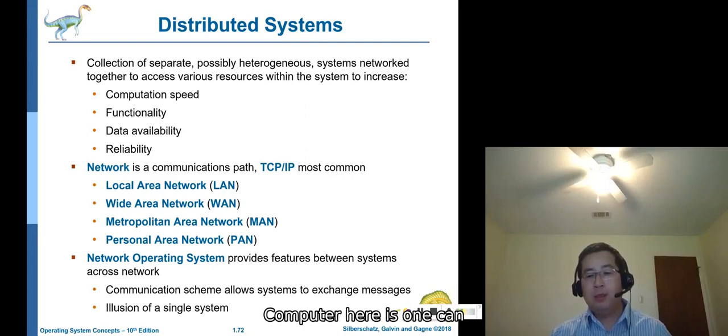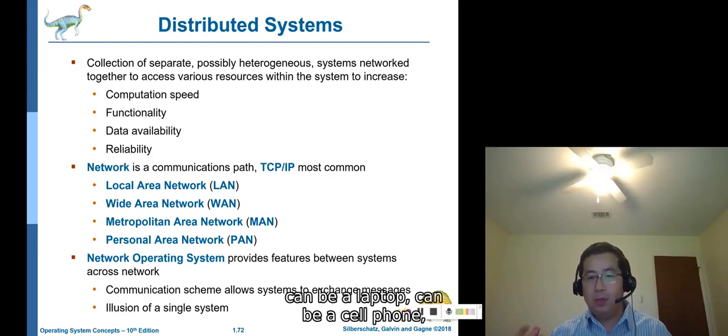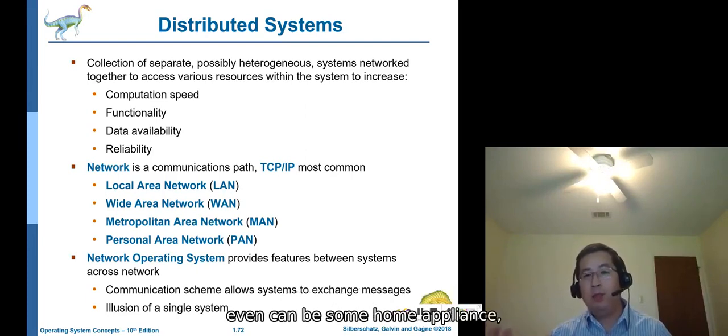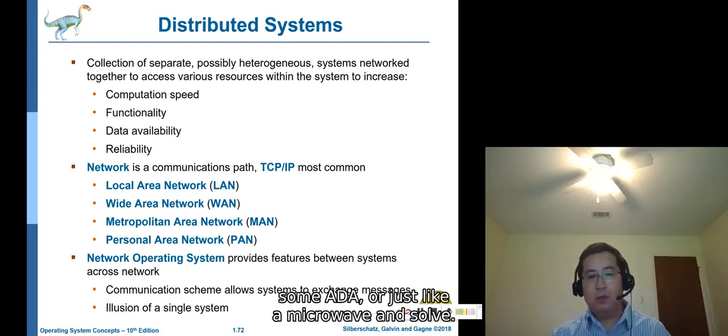Computers here are like computer nodes. It can be a desktop, a laptop, a cell phone, or even some home appliance, like a refrigerator, or a microwave and so on.